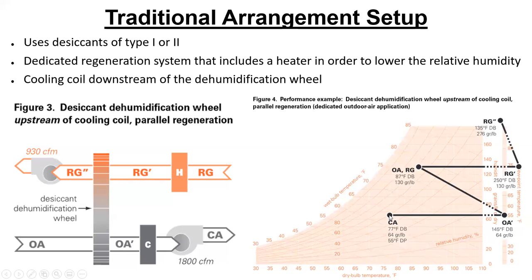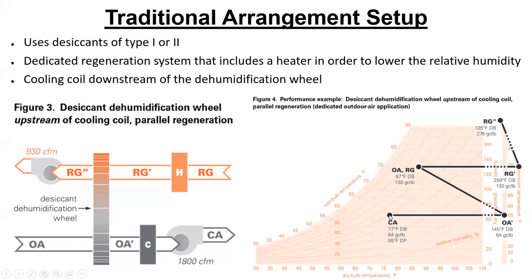Now, a lot of buildings require 100%. So it could be that this is all of the ventilation air, and we have a whole other system that takes return air and conditions the space and does all of that stuff. But that's the way this example is set up right now.